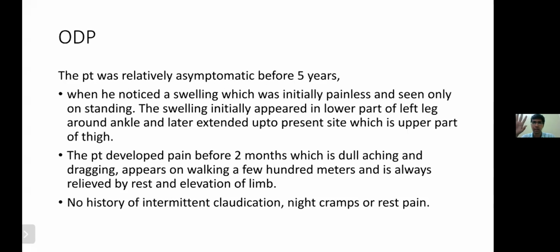That is also an important thing. So the first thing you will have to rule out is cellulitis in any surgical patient when swelling comes, because it is an emergency condition and you have to immediately manage him with the help of antibiotics or with the help of fasciotomy, whatever it is.